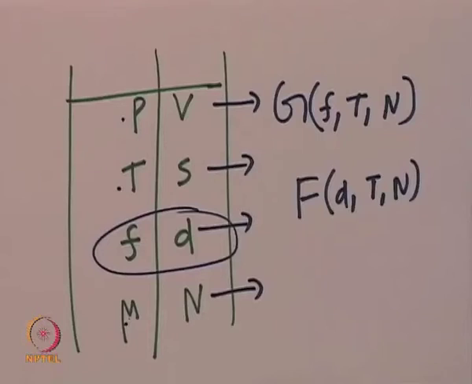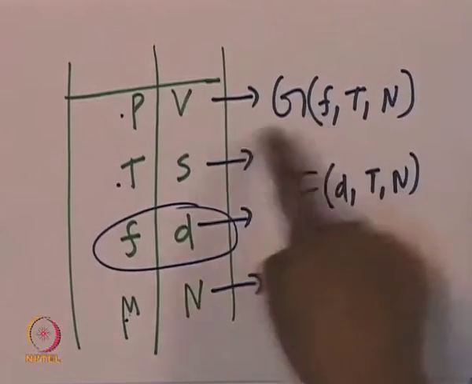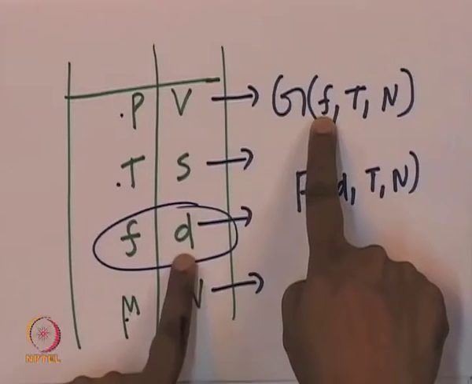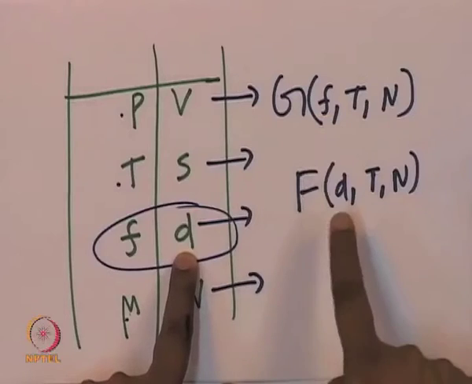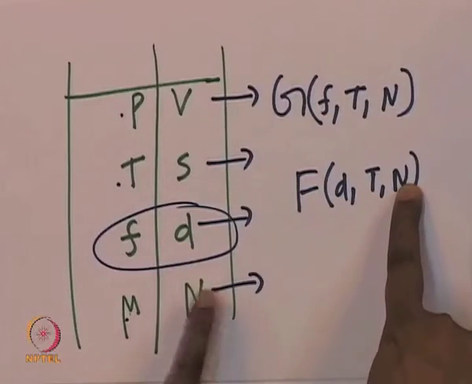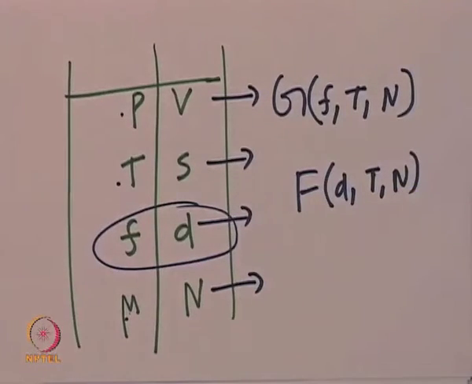By taking the derivative of the free energy with any of these quantities in the bracket, we can get the conjugate variable. If you take the derivative of free energy with respect to F, you will get the average distance. If you calculate this free energy and take the derivative with respect to N, del F by del N, you will get mu. In this manner, all these measurable quantities can be computed by computing free energy.